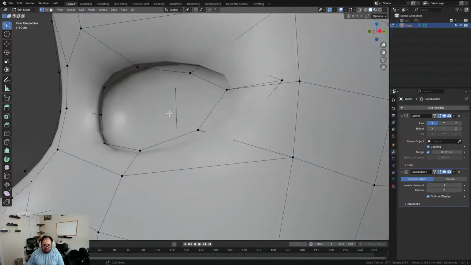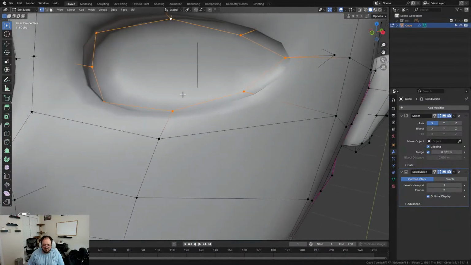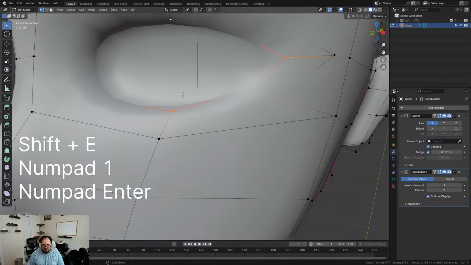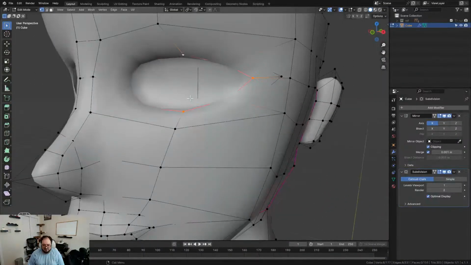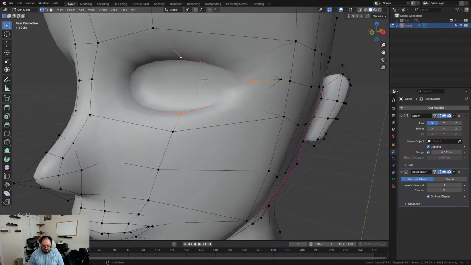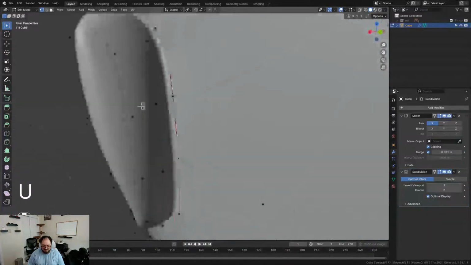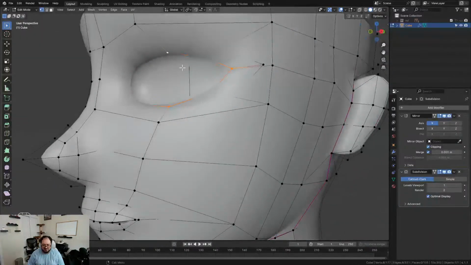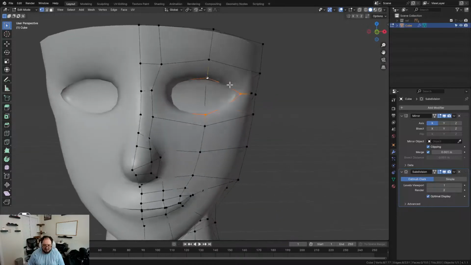And what I'm going to do as well is, this eye loop right here, hit Shift E to make a crease. And I'm also going to hit U, mark seam for later when we unwrap this, so we can make the back of the eye white. Then